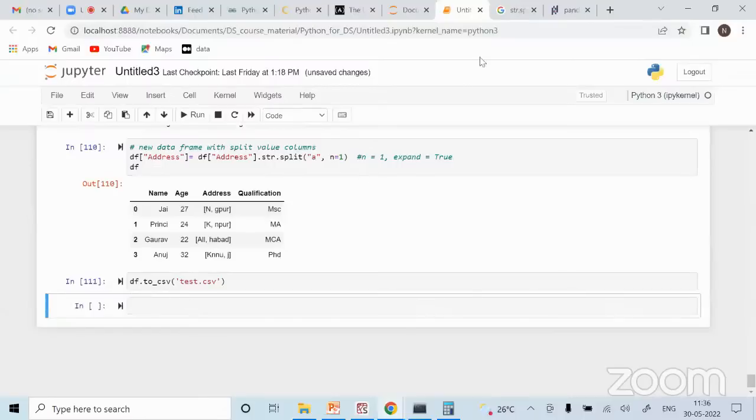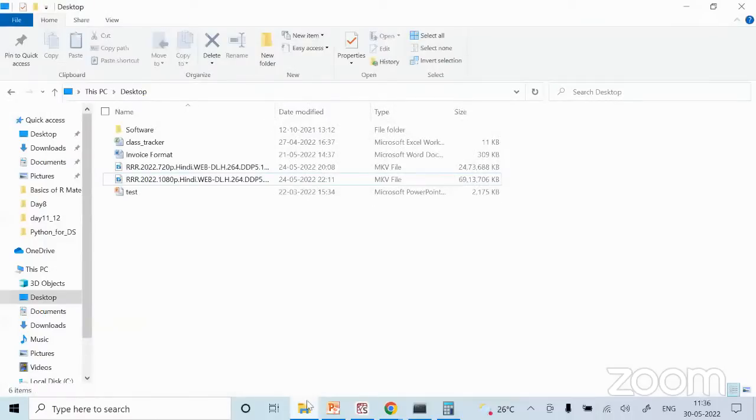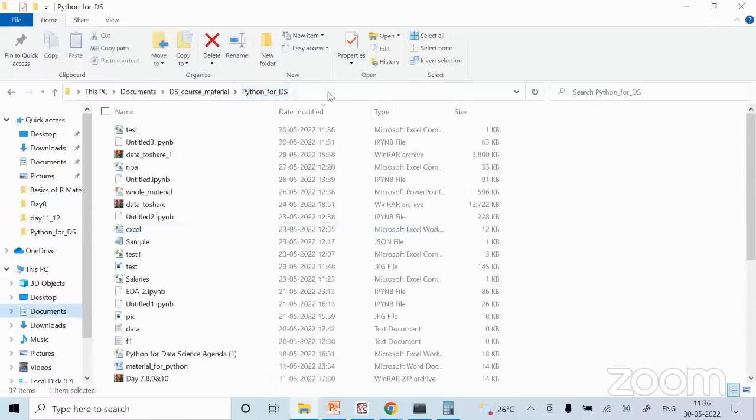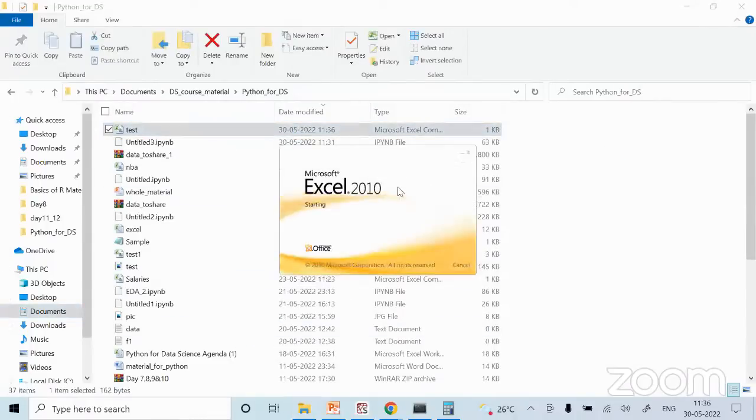Now you open the folder where this notebook is, where this particular thing is saved. For example, if I go here, you see this test file is created just now. So likewise, you can save your data frame as well.